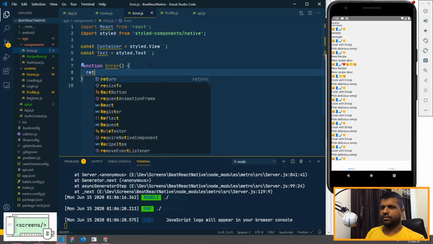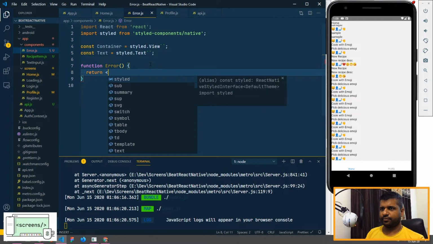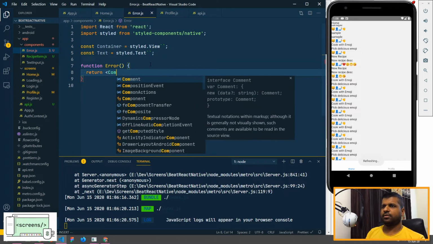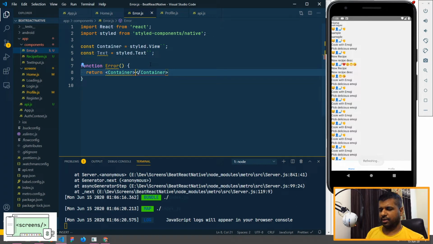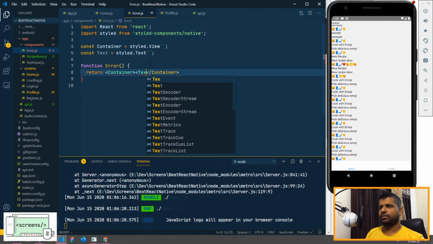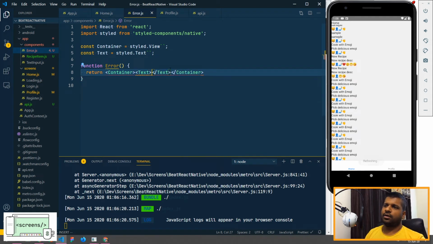so we'll just return container, and inside the container we'll have a text. Oh, actually we'll have props which will be message and code.